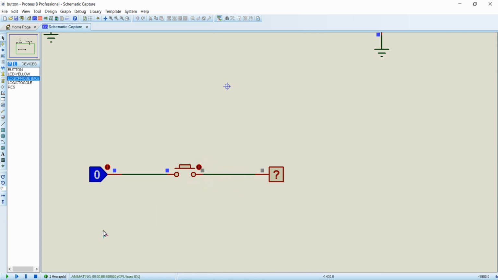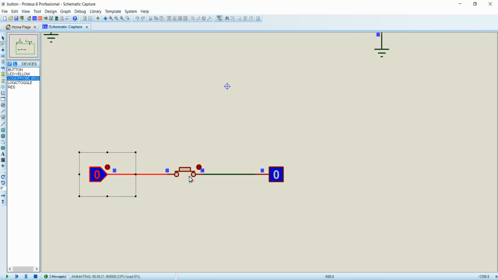Here you can see initially I have a 0-volt signal on the left terminal, and here we have a logic analyzer which will analyze the kind of signal. When I press this button, you can see the right side terminal has the value 0 because we have provided a 0-volt signal on the left side terminal.